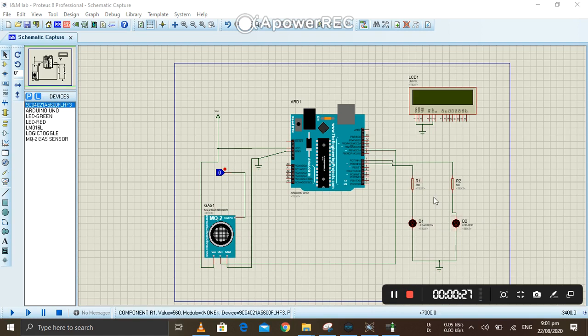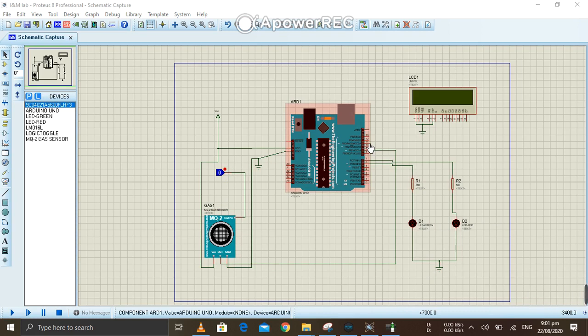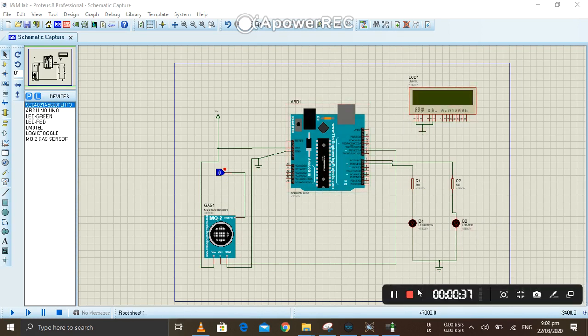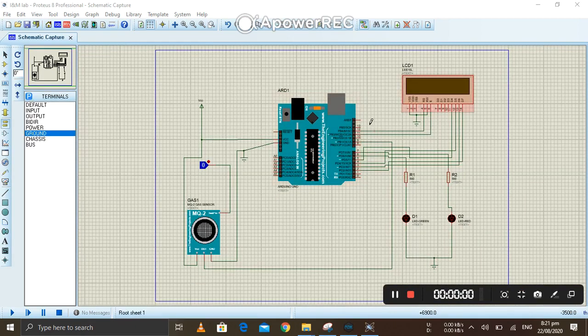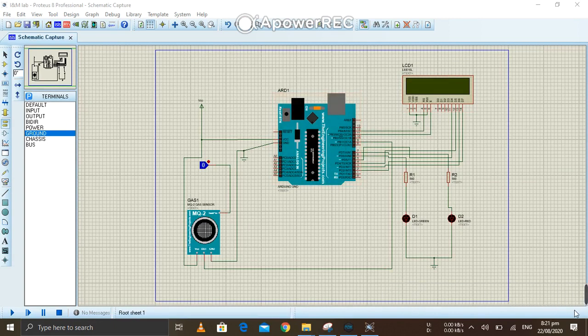These are the connections between LED lights, resistors and Arduino UNO. Now after that I will show you the connections between LCD and Arduino UNO. These are the connections between LCD and Arduino UNO. All the connections in the circuit are completed.